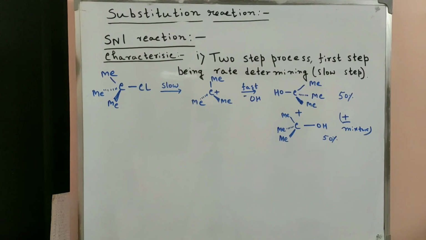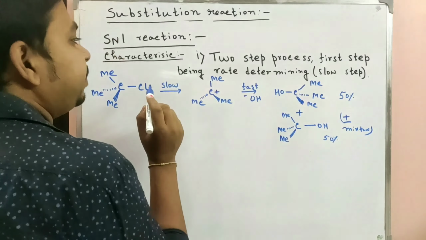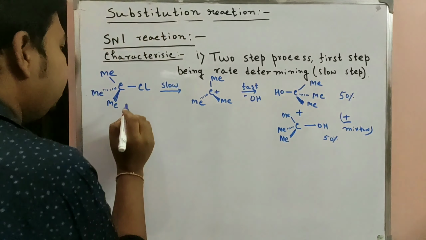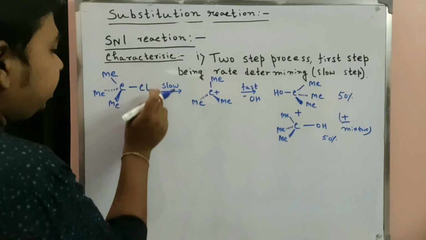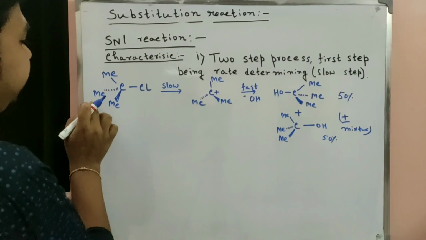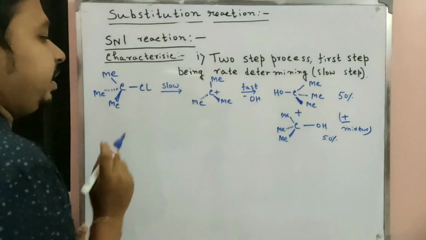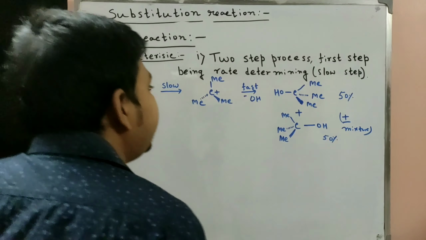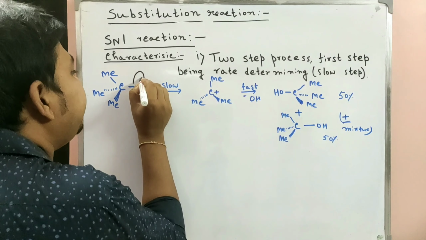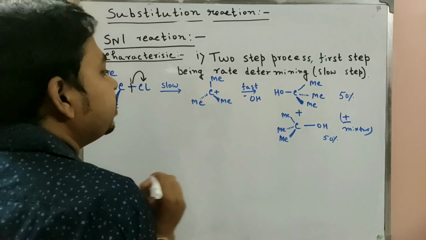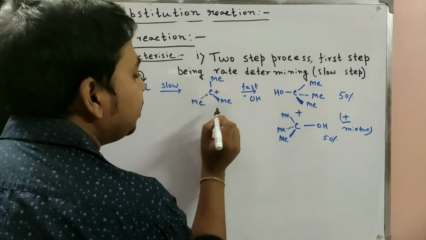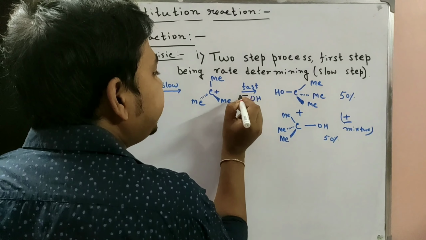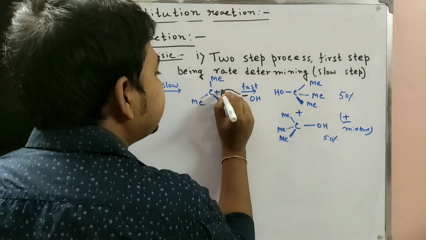So here at first we discuss SN1 reaction. The characteristic property is a 2-step process. The first step is the rate determining slow step. Take the substrate C with methyl up, methyl down and methyl planar. The first step is carbocation formation. At the step of carbocation formation, at first Cl minus is removed and this bond breaks, so C plus forms. This one is the carbocation. After formation of this carbocation, OH minus attacks this site.